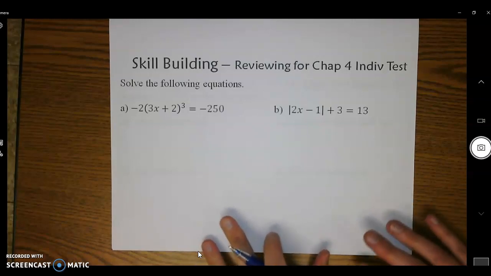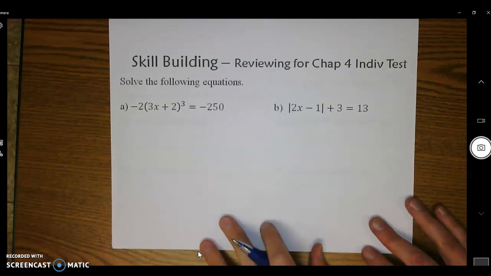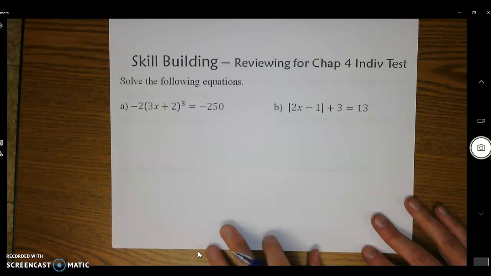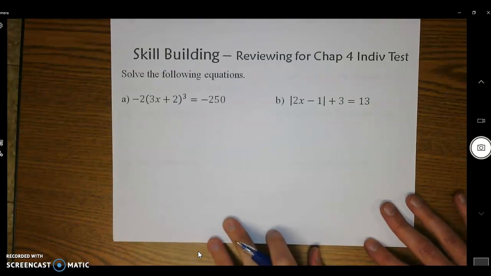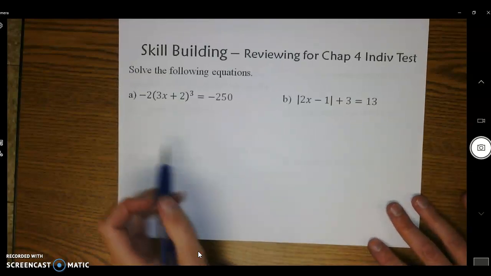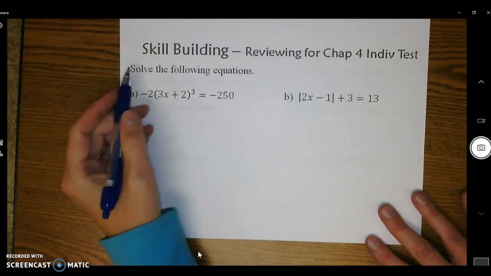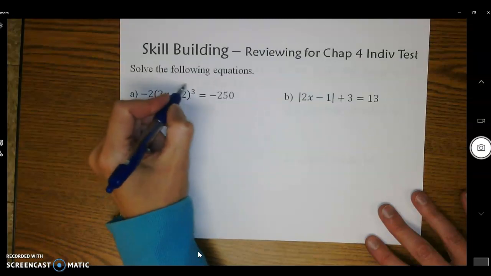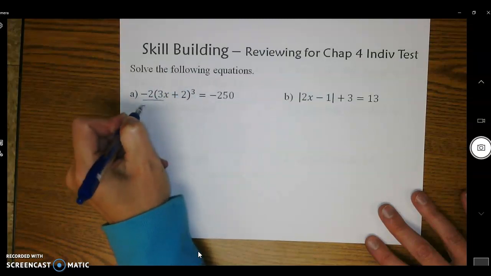Okay, this is the reviewing for Chapter 4 individual test skill building, so pay special attention as these are some of the types of problems that you're going to see on the Chapter 4 test. So what we're going to do here is solve for x. I'm treating this as like a big large variable right now, so the first thing I'm going to do is